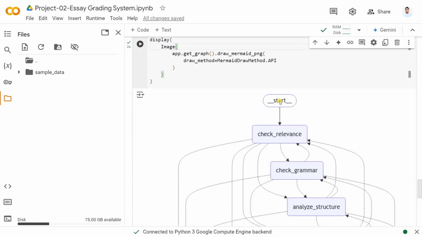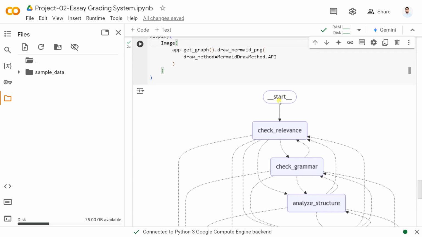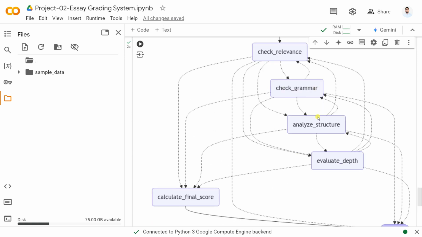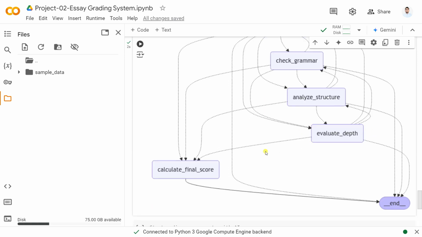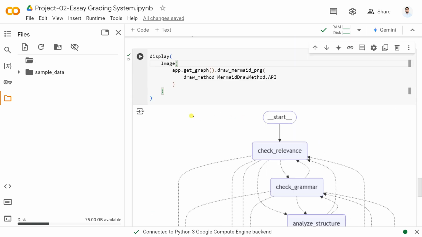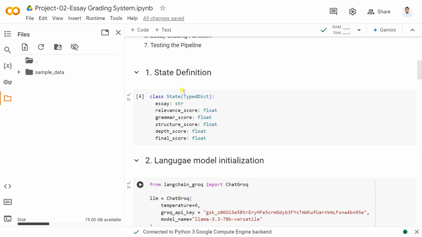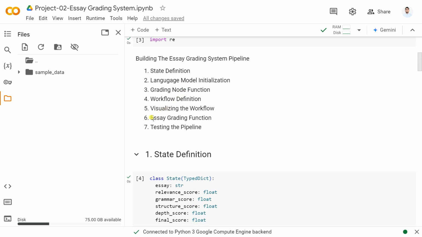You can see here the same graph that you see in the presentation slide: the start node, the check relevance, the check grammar, analyze the structure and depth, and calculate the final score, as well as the end block. Okay, now what I can do is simply go into creating our next thing, called the essay grading